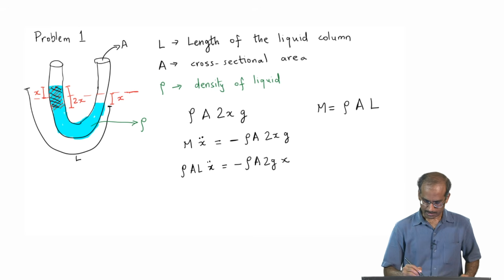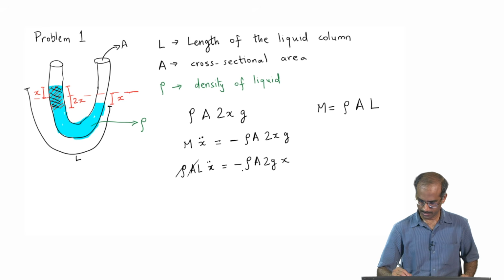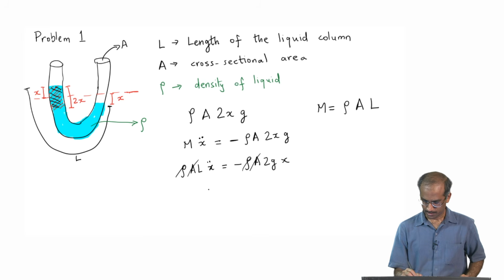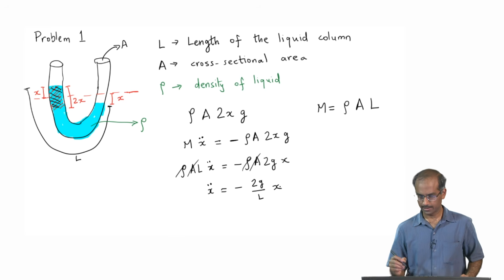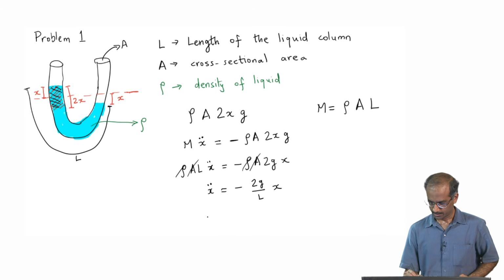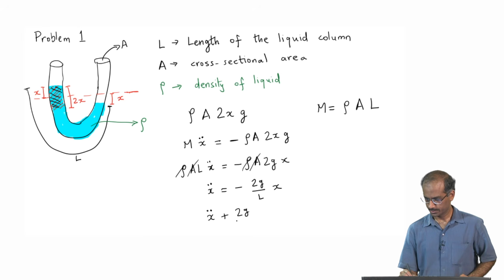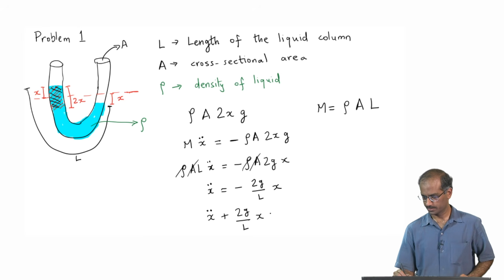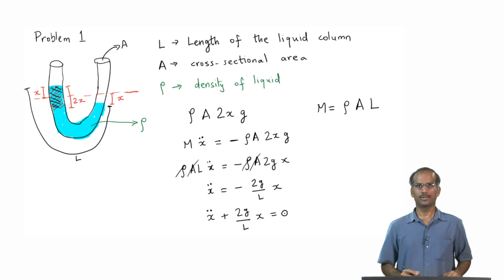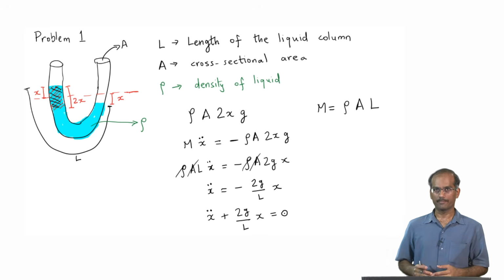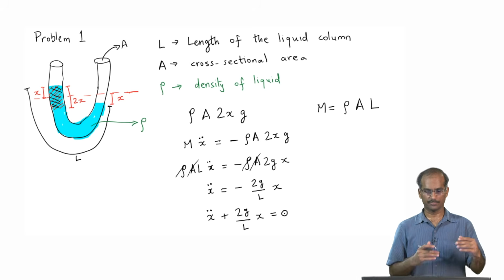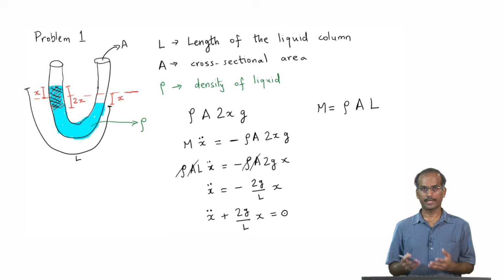And of course, I can cancel off several things here. So, rho and A would be cancelled off. I would get x double dot is equal to minus 2 g by L into x, and by a small rearrangement this could be written as x double dot plus 2 g by L into x is equal to 0. So, clearly the equation that we have obtained to represent the oscillations of this liquid column looks like our familiar